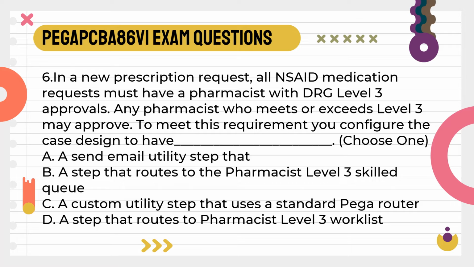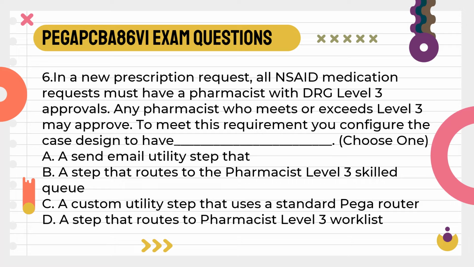6. In a new prescription request, all NSAID medication requests must have a pharmacist with DRG Level 3 approvals. Any pharmacist who meets or exceeds Level 3 may approve. To meet this requirement, you configure the case design to have _blank. Choose 1. A. A send email utility step that